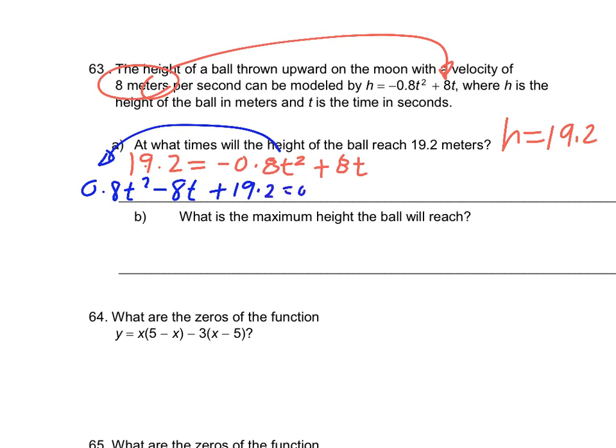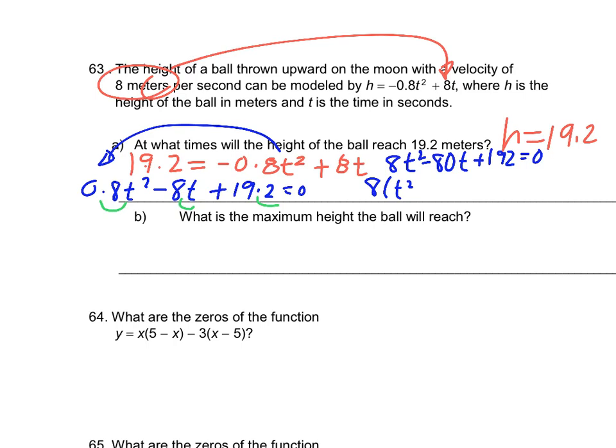Now, the next thing I'm going to do is move the decimal over one spot for each one, so that way I get rid of my decimal. So I'm going to end up with 8t squared minus 80t plus 192 equals 0. Now all of them can be divided by 8, so I'm going to get the 8 out. I'm going to have t squared minus